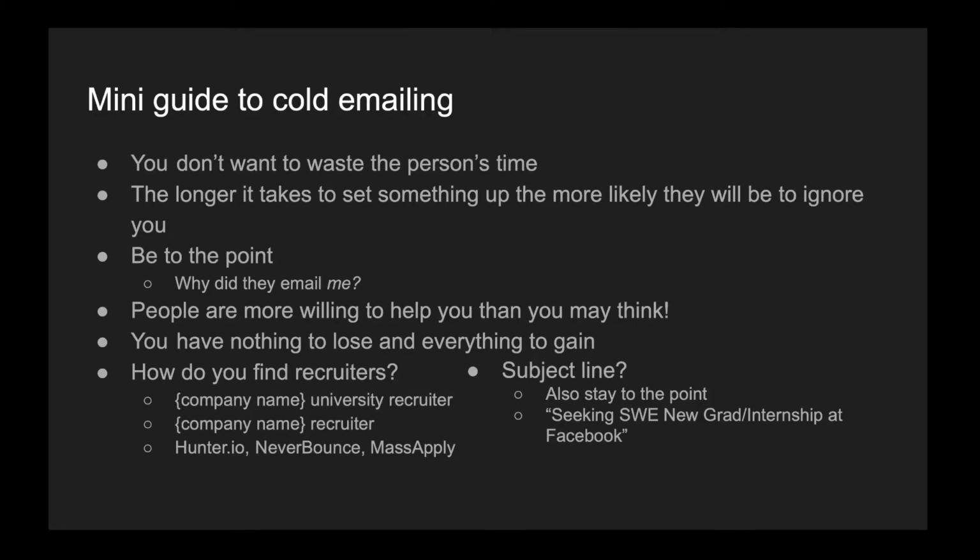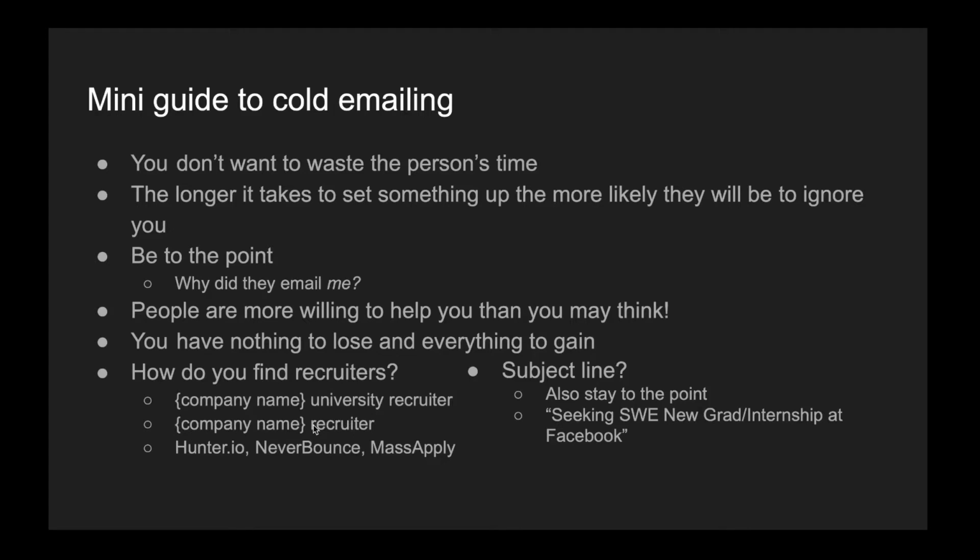For example, I could search Google and it would show me that every employee at Google has an email of the type first initial, middle initial, and then full last name. Or I could type in Netflix and it would say first initial last name at netflix.com. So hunter.io is useful because you can find an email pattern for a company. And then NeverBounce will check to see if it's a valid email address. So what you can do is on LinkedIn you can say Google Recruiter, and then you'll get the name of a Google Recruiter.